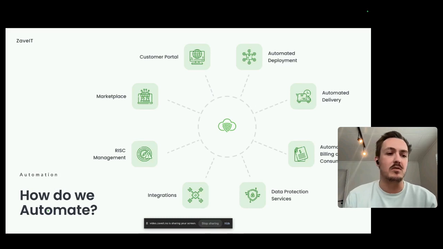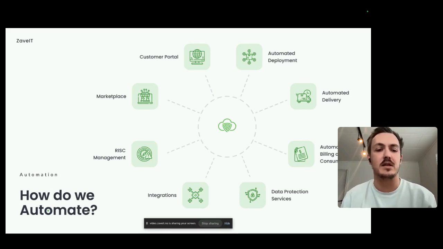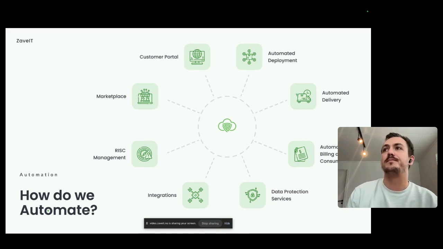Both from what it looks like after it's all automated and the customer goes in and buys a service from you and deploys that service, but also how we do the integration, how we set it up, how we build the service based on that integration, and so on.